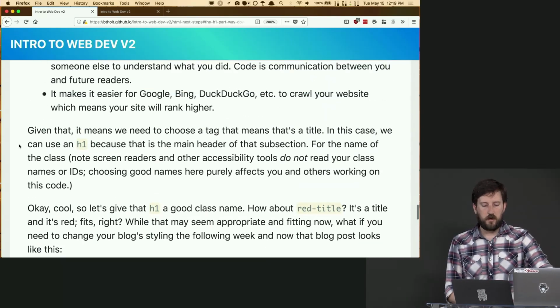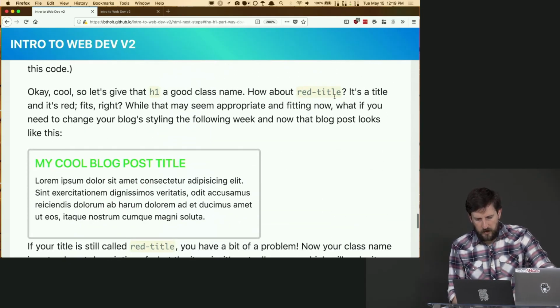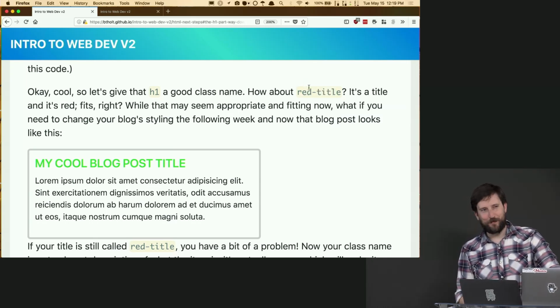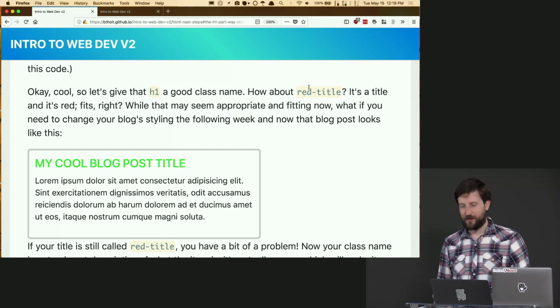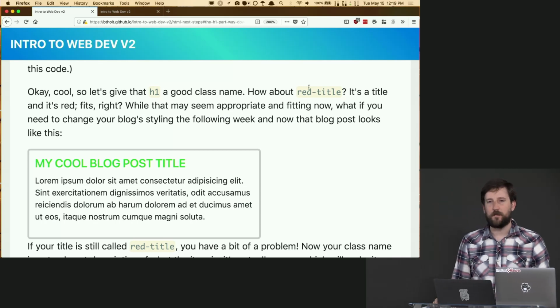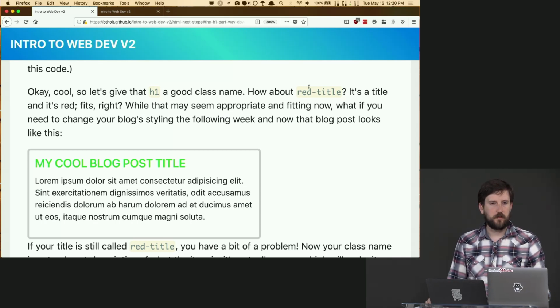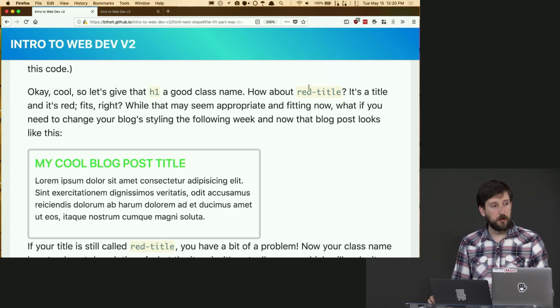So notice here that I'm saying red-title, right? So he's asking, this is called kebab case, in case you're wondering. I did not make it up. That is actually what it's called. It looks like there's a skewer through it. CSS is always done as kebab case. That's by convention. And one of the reasons that's a convention and not camel case, where the first letter is lowercase and then every word after that is capitalized and it's all shoved together.